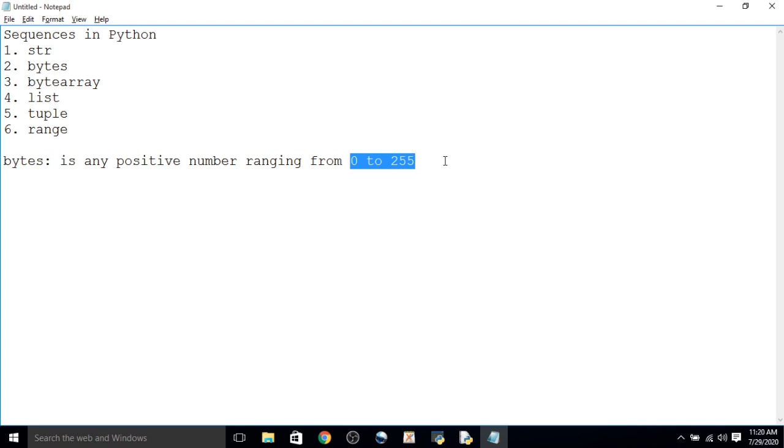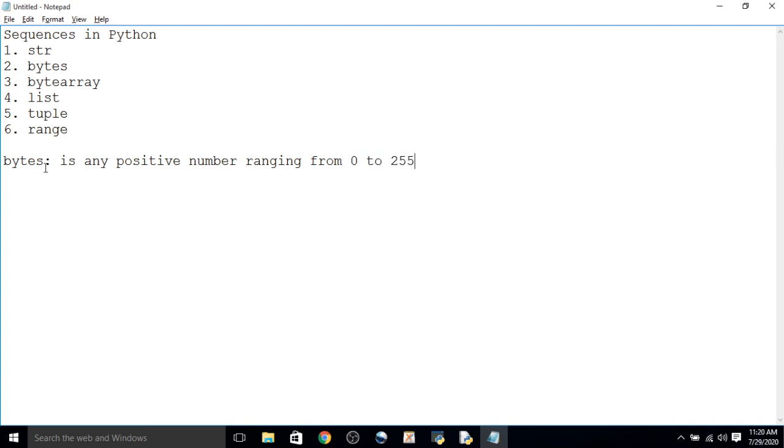So we cannot take negative numbers there, that is less than 0, like -1, -2. Also we cannot take positive numbers greater than 255, like 256, 257. We cannot take such numbers inside a bytes data type.